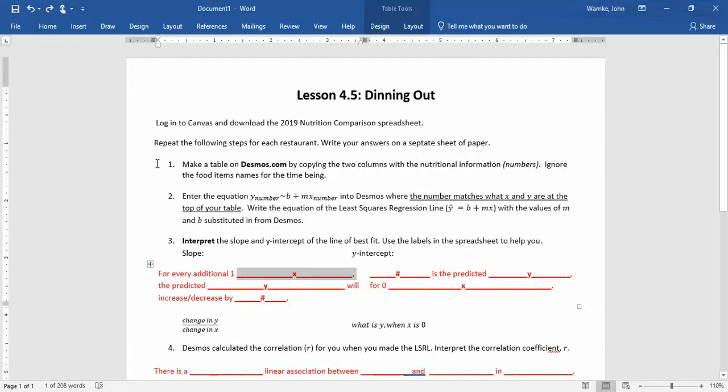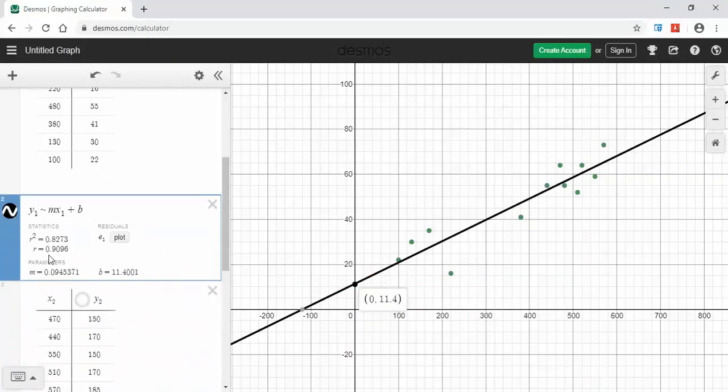We've checked off item number 1 here. We've made a table on Desmos. We've typed that information in. We've done number 2. We've typed in that equation, and then that gave us the slope and y-intercept that we're interested in. And now we're going to interpret them. So going back to Desmos, you'll see that down here in our equation we have an m value. M equals, from this equation that we typed in earlier,